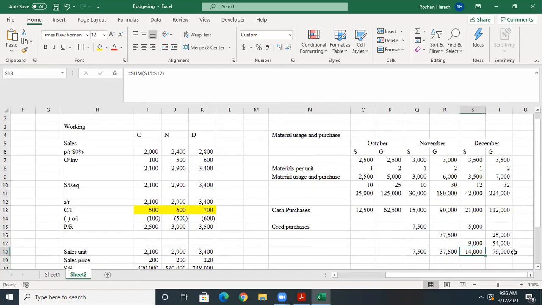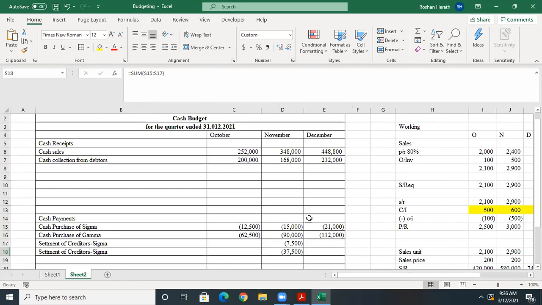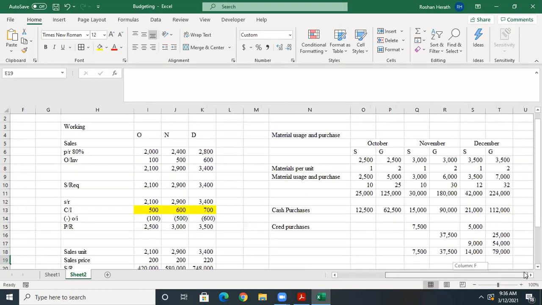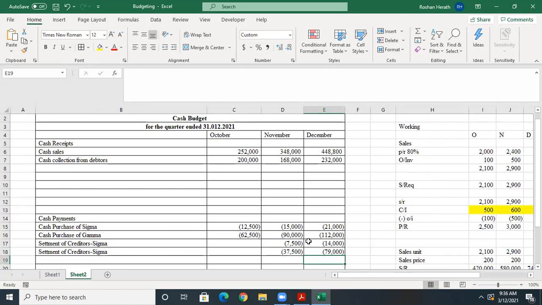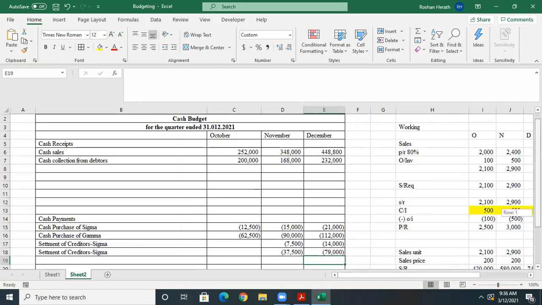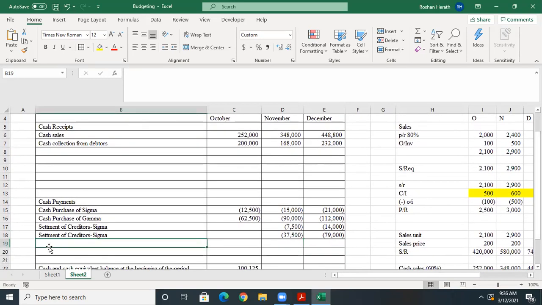ඊට පස්සේ මෙතන 14,000 තියෙනවා, 79,000 තියෙනවා. Next month එකේ 14,000, 40,000 and 79,000. ඒ වගේම අපි opening creditors ලා ටික ගත්තොත් settlement of opening creditors